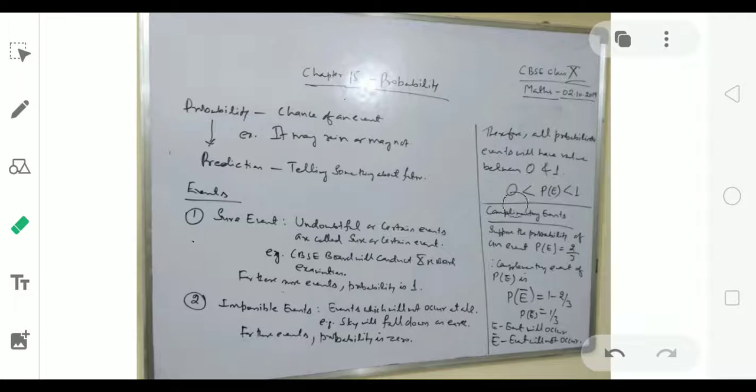So in our next video, we'll go for some more cases and we'll solve some of the questions. We will even talk about some cards. 52 cards are there. In that, how many suits are there? How many colors are there? Everything we will study in our next video. So I hope you have come to know about sure event, impossible event and equally likely event, which we are going to utilize in the particular exercise.